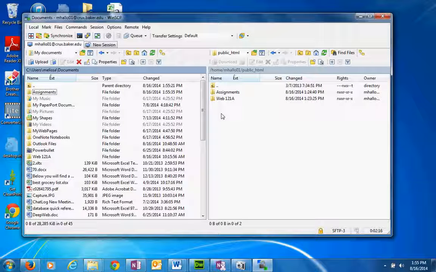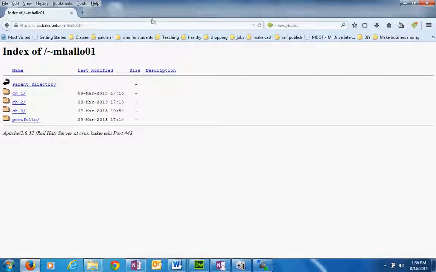So the nice thing about that is that if you keep your website on your local drive and you have it backed up, then any changes that you make, you don't have to make them live. You can make them right here in the folder, and then you can look at them on your local computer and see how they're going to change and everything before you actually upload them into this, because this would be considered putting your web page up live. If I have an index.html in here, that means that when I go to the site to check it out, which is right here,